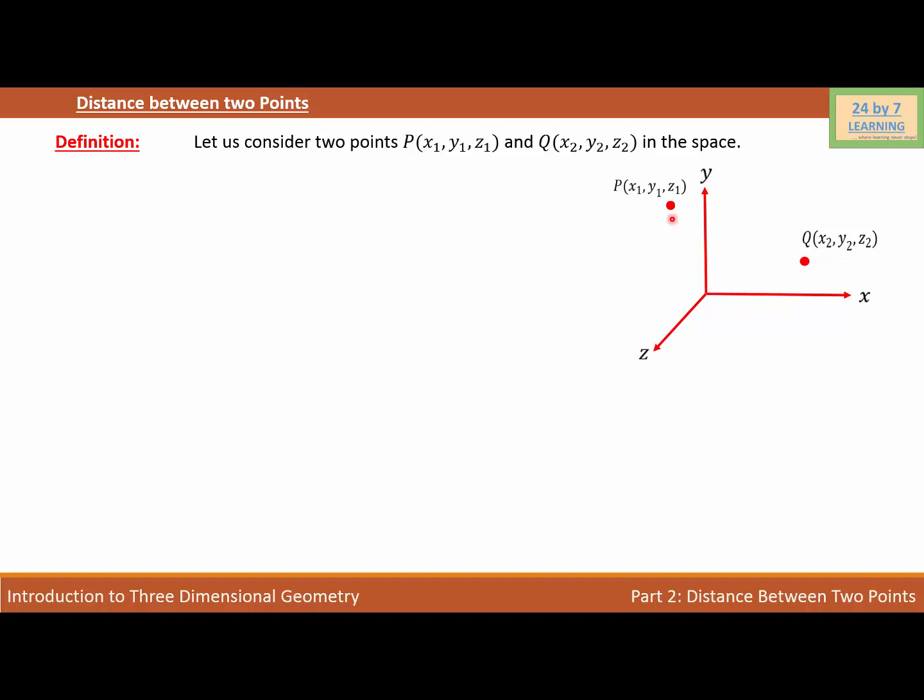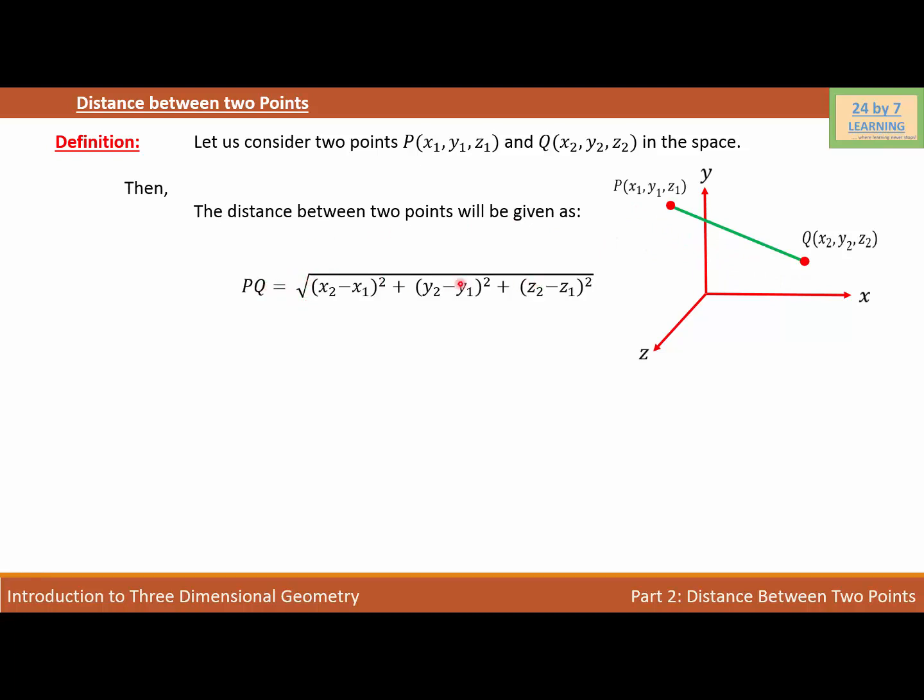Now I'm going to connect these 2 points. So if I connect, I will get a line segment PQ. Basically, we need to find a relation between point P and Q so that we can find the distance between these 2 points. Then the distance between 2 points will be given as PQ is equal to square root of (x2 minus x1) square plus (y2 minus y1) square plus (z2 minus z1) square. So basically this is the distance formula that we can use to find the distance between 2 points P and